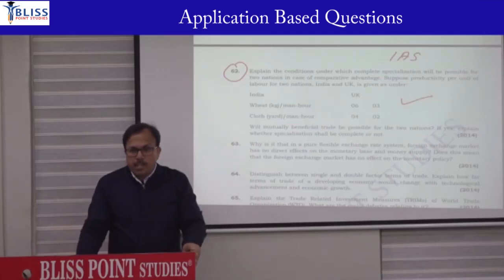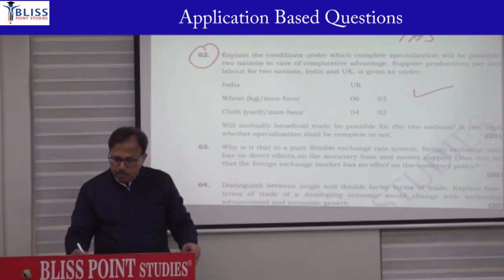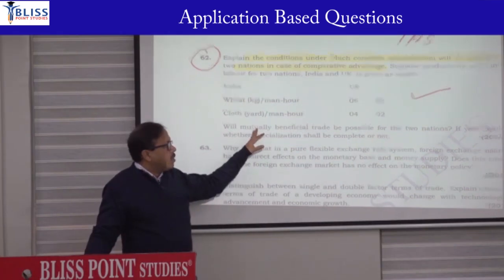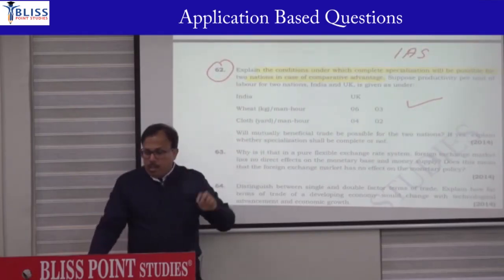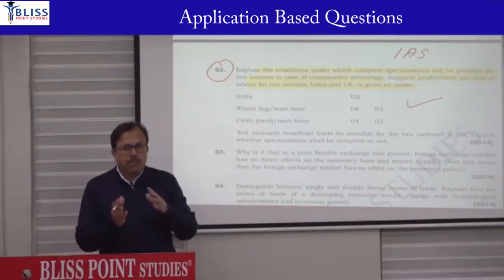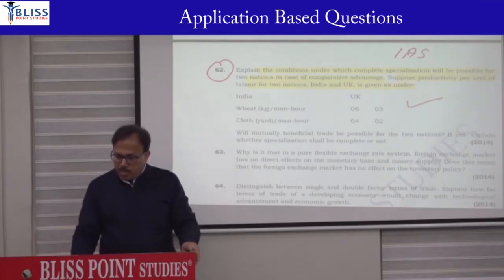What is different here? First part: explain the condition under which complete specialization will be possible for two nations in the case of comparative advantage. I will explain what is the meaning of complete specialization. Right now just focus on this numerical part. It says suppose productivity per unit of labor in two countries, India and UK, is given as: India में wheat के लिए 6 और UK में,